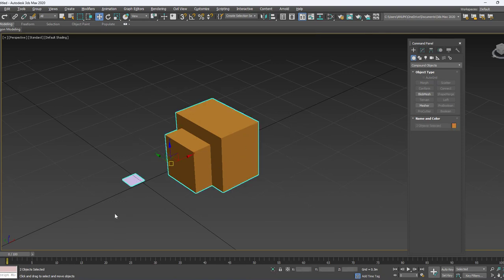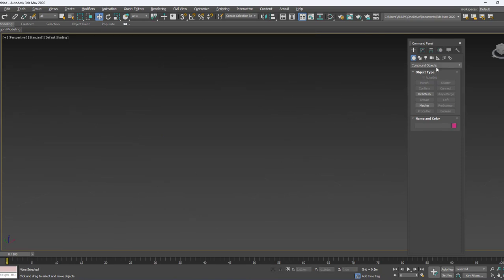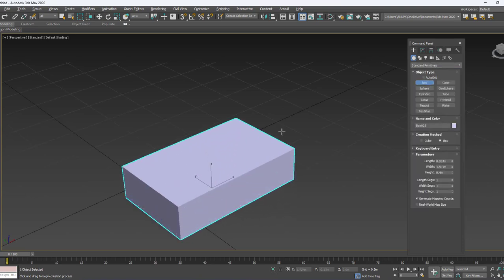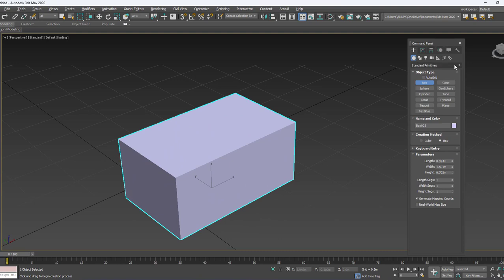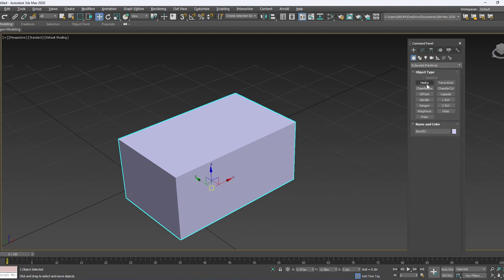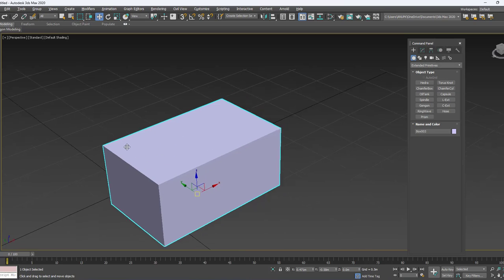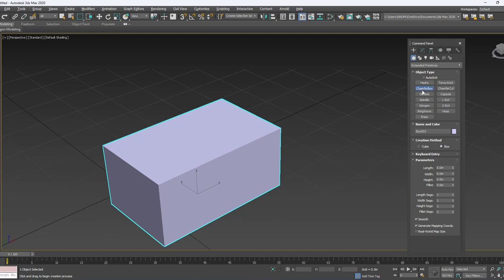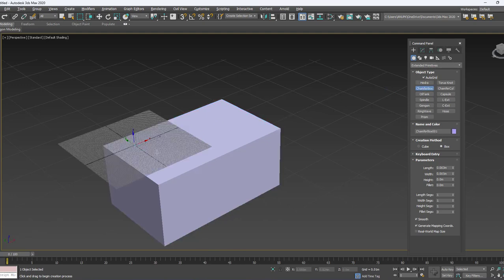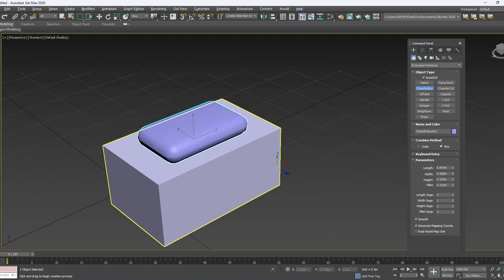Next, we go with the subtraction. For that, click on standard and then I draw the box. Above this, I go with the extended primitives and then I draw a chamfer box. In order to draw the chamfer box exactly above this, I just take the command, and make sure your auto grid option is on, and then draw it like this.